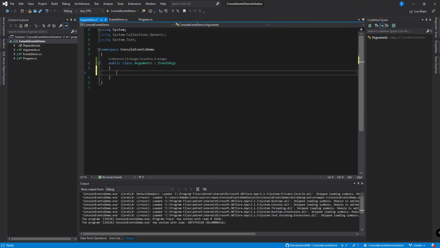For this class, let me add two properties. One is prop, we'll have string, we'll call this property argument1.